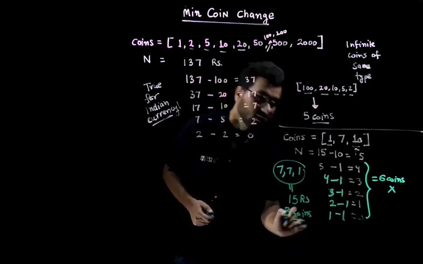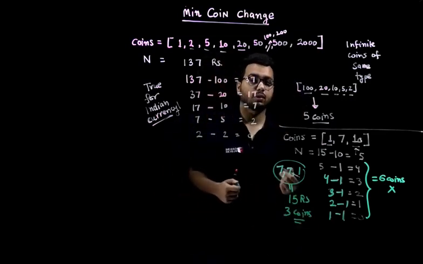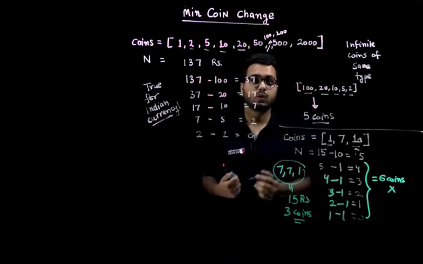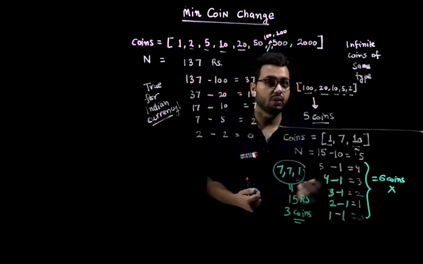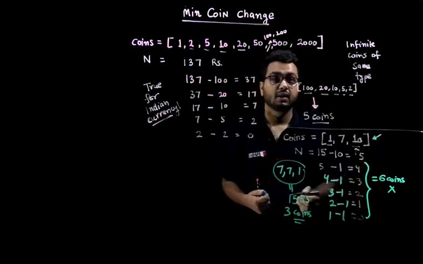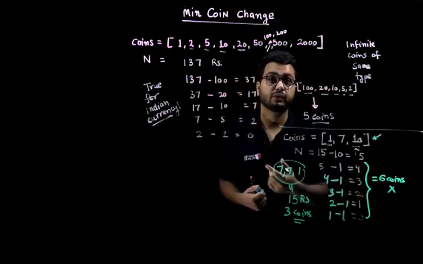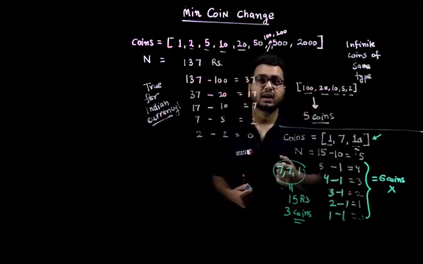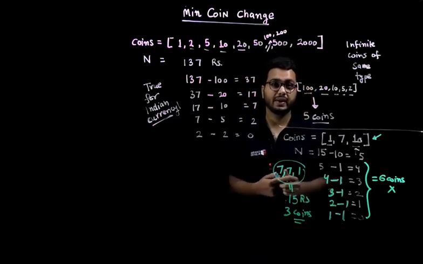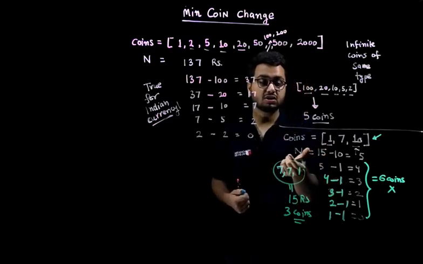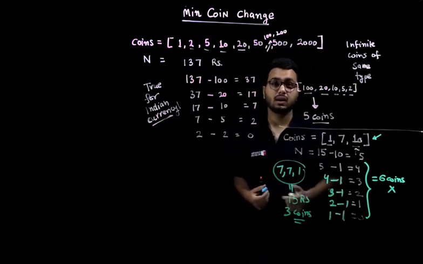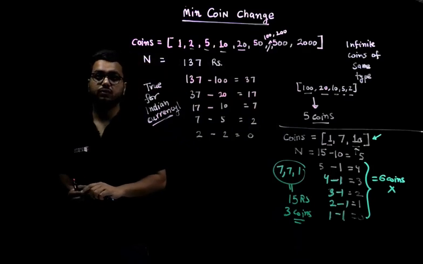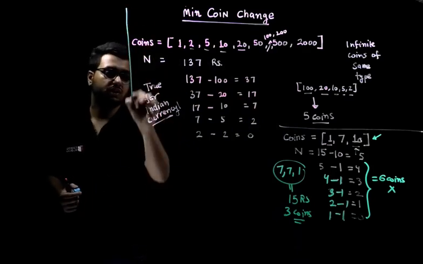So clearly the greedy approach in this case is not optimal, right? The best way to verify whether greedy will work or not is to make a counter test case. You think of a test case where your greedy approach is going to fail, and now you can be sure that this certainly can be solved using dynamic programming. We do not know what is the best way to make this given change, so we would try out all possible options, right?